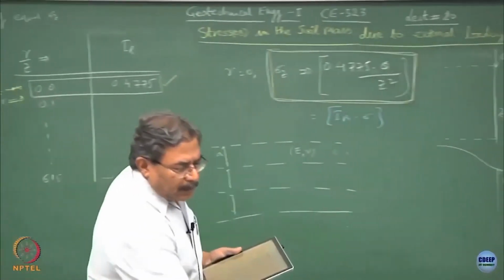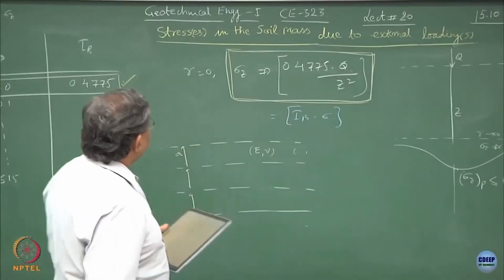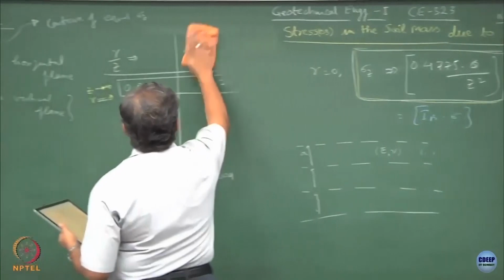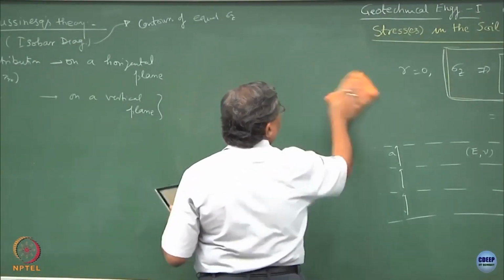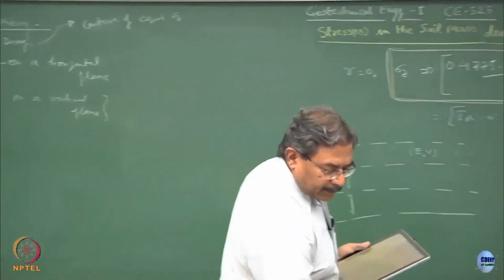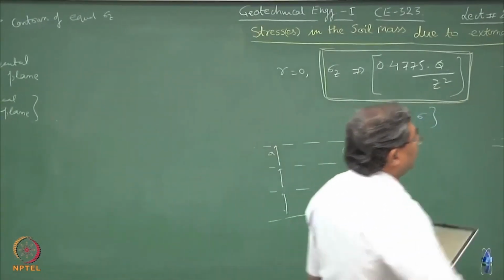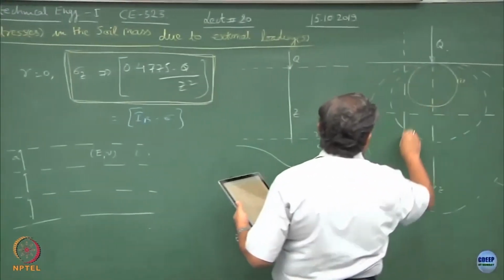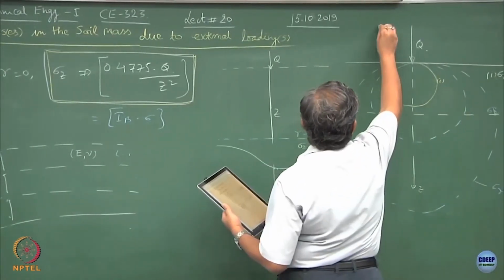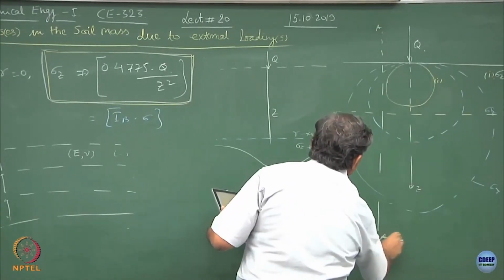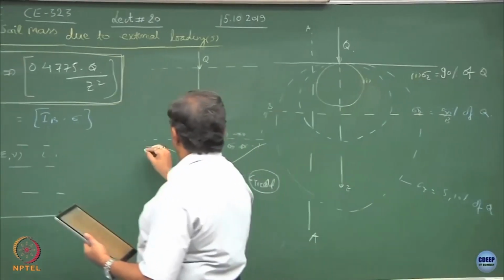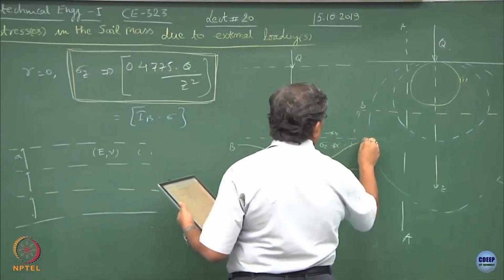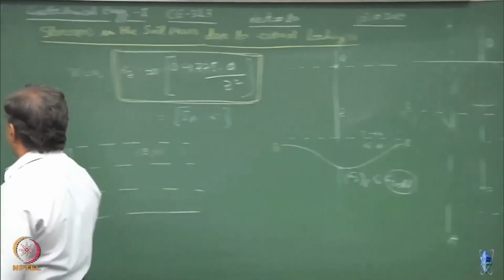Now, another interesting thing which I would like to do is plot the variation of stresses on the vertical plane, as if I am cutting this whole thing across a vertical plane. So, this is, let us say, AA, this was BB. So, this is BB and the AA would be,